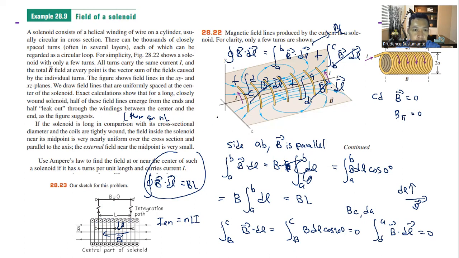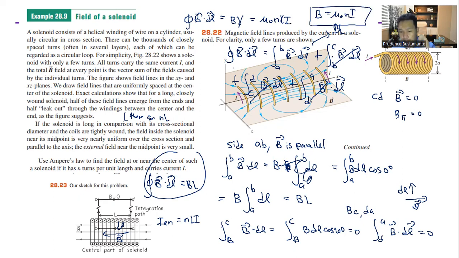So here, the integral of B dot dl is just equal to BL, which is equal to mu naught n L I. So we can cancel L. So the magnetic field is equal to mu naught n times the current. So this is the magnetic field of a solenoid. So that's how you use Ampere's law. You create a line integral path encircling the